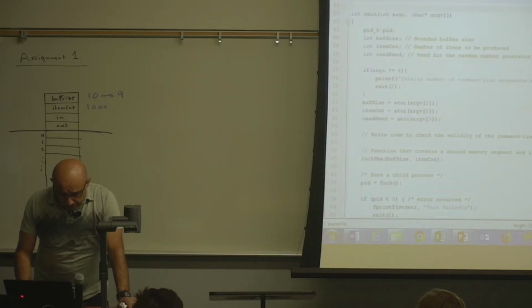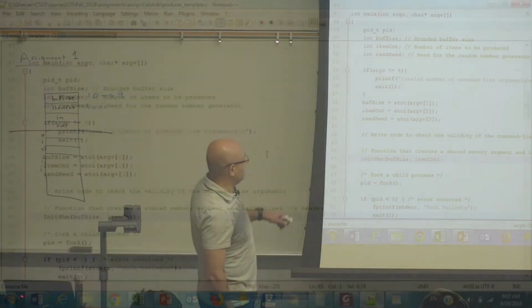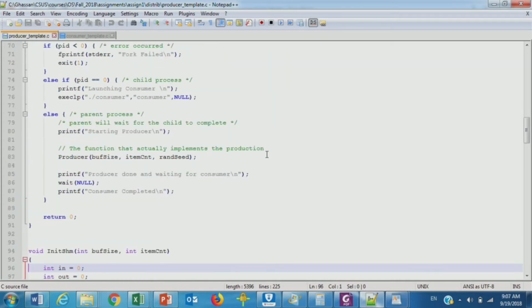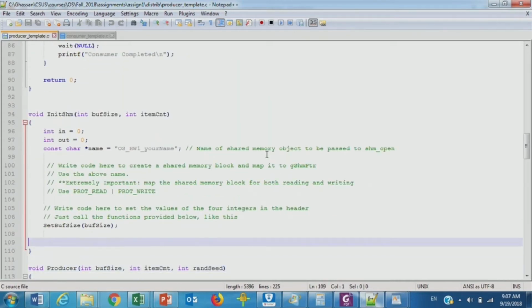Now, one important function that the producer calls is the init shared memory. This is a function for creating and initializing the shared memory object. In that function, you just put the three APIs that we showed in class last time. So there are three APIs: shared memory open, that creates the shared memory object, ftruncate to set the size of the shared memory object, and what's the third one? Yeah, the map, exactly. The map, which will map the shared memory object to a pointer in the producer address